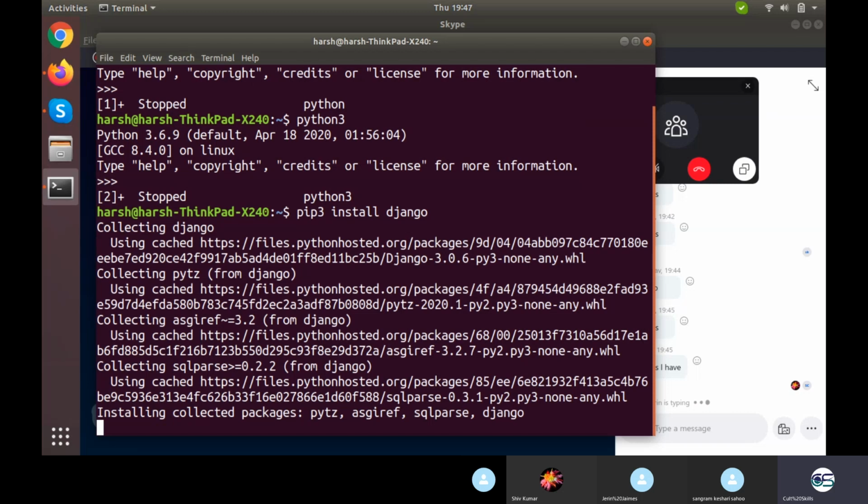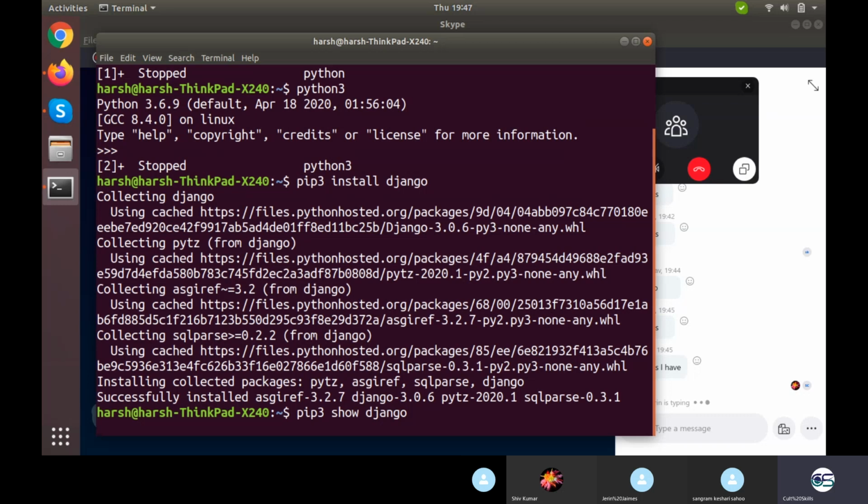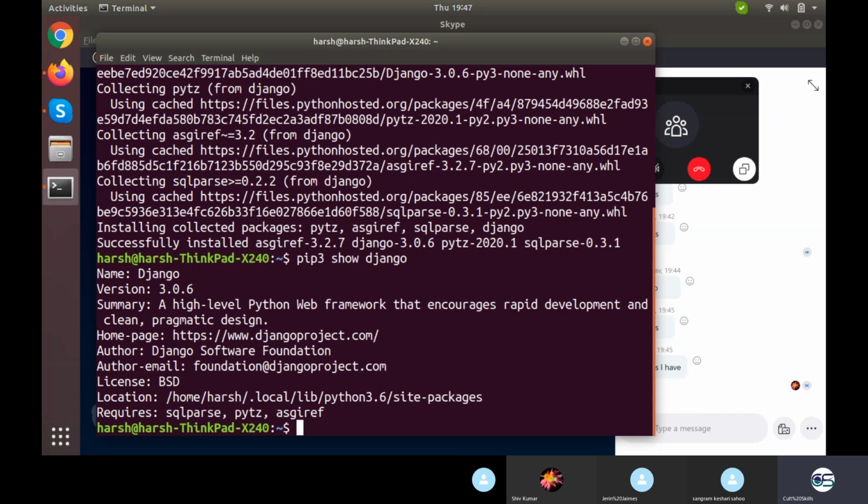It's getting updated to a new version. Done. Once done, you need to check it with pip 3 or pip, whatever you're using, show Django. Yeah, so it's right there, version is 3.0.16. A basic summary of what Django is, the homepage of Django, and author detail, author email, license, location, requires, and all that.